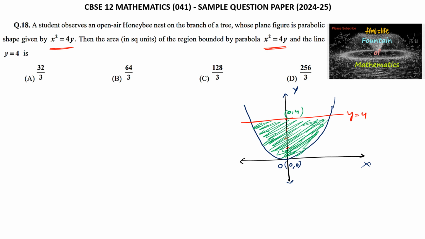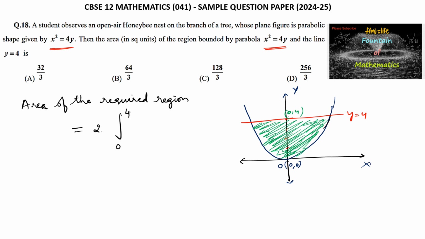So we can write by using integrals, area of the required region is equal to 2 times the integral. Let us consider along the y-axis, that is 0 to 4,